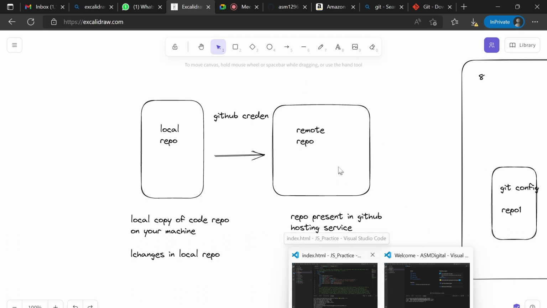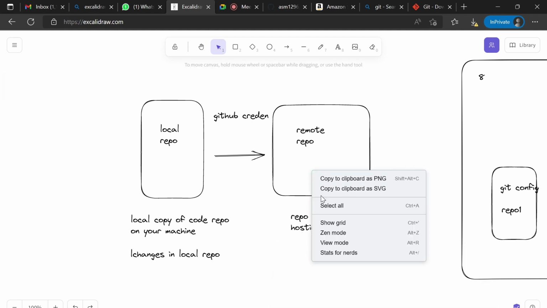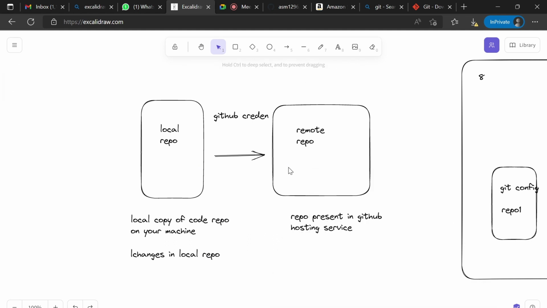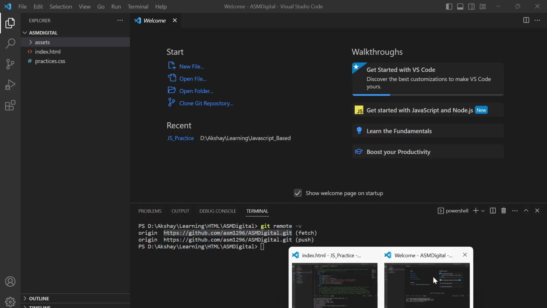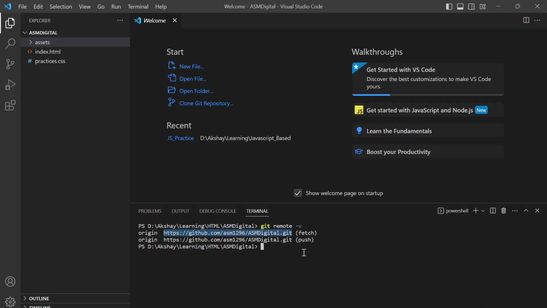And what is this remote repository? It is this link. Now you will ask why it is showing two times. The reason is fetch and push. Fetch means download from remote.